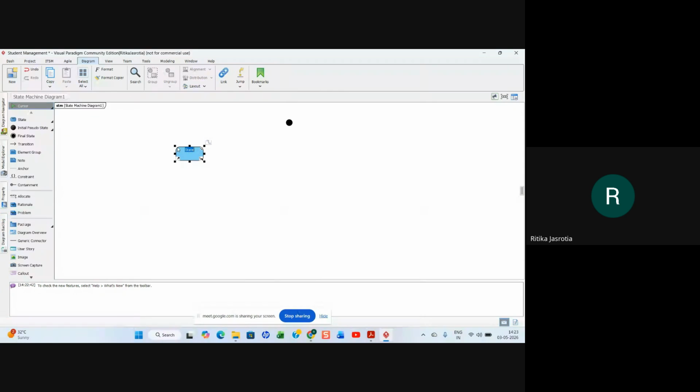Let me see. So like this is a fork and join. So I'm just giving you an example, right? So two activities simultaneously are coming out of this, right? So you can put that like two states are coming out of this simultaneously.